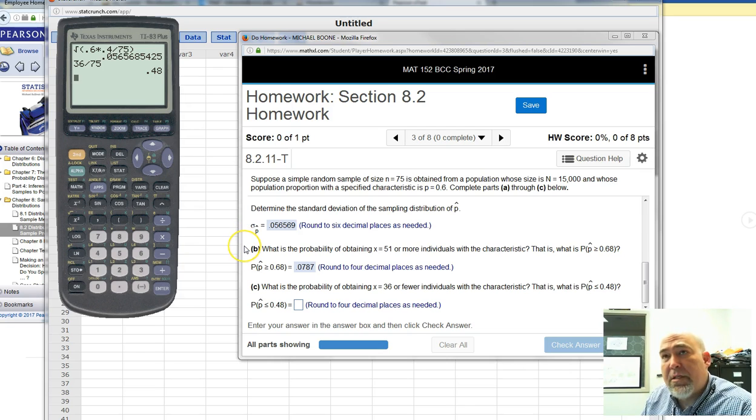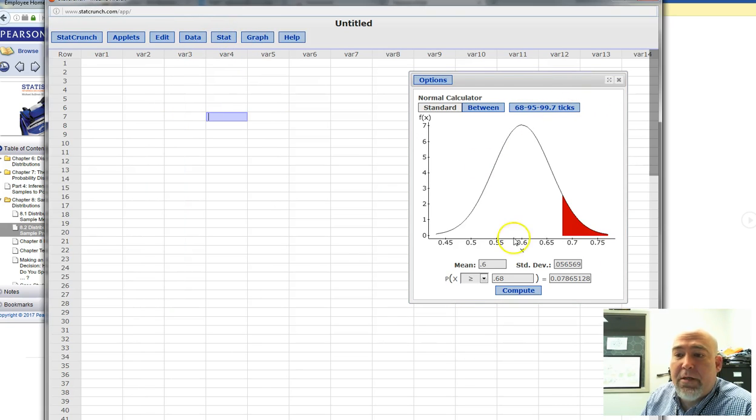So both Section 8.1 and 8.2 are dealing with distributions. We're looking at a sample mean distribution and a sample proportion distribution. For us to be able to use the normal for proportions, again, n times p times 1 minus p has to be greater than or equal to 10, and the sample size has to be less than 5% of your population. And then we can go to our normal calculator and compute things once we find the mean, which is the easy part, and then calculate the standard deviation for